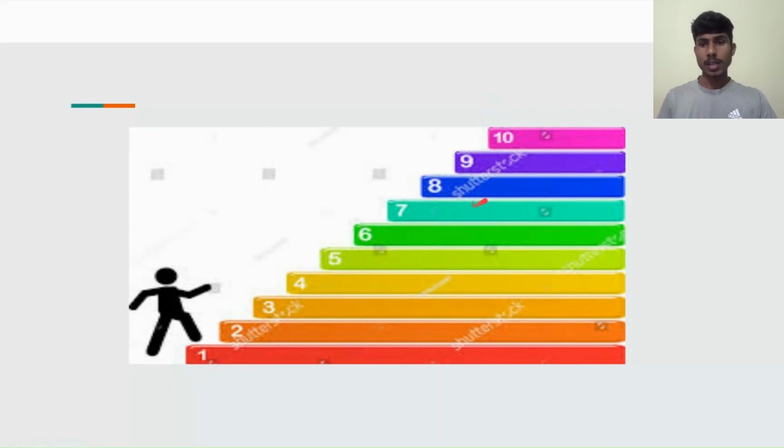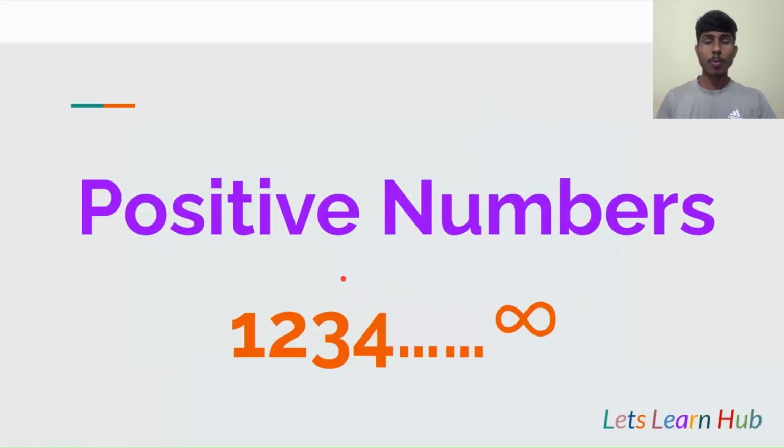Okay, and you need to understand what positive numbers are as well. Positive numbers means the numbers that start from 1 and go up to infinity. That is 1, 2, 3, 4, 5, 6, and so on up to infinity. These numbers are called positive numbers. Okay,